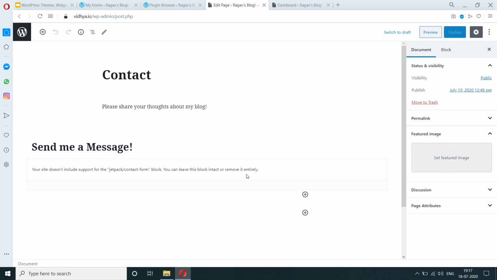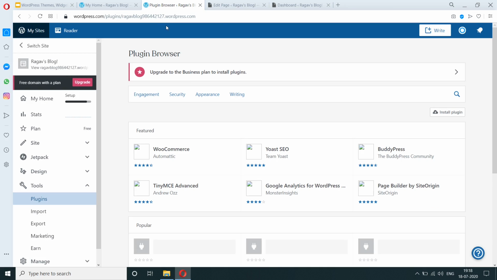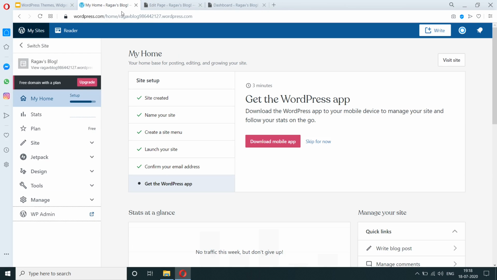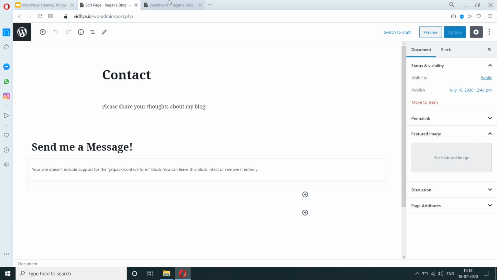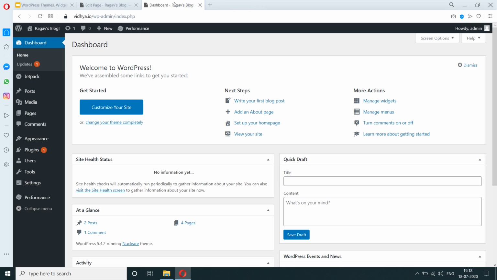So what we can do is, I can actually show you how we can use a plugin to replace this contact form and do it the way we want to do it. So let me show you how to do that. The first thing I'm going to do is go to the dashboard of our full version installation of WordPress. So as you can see here, the way WordPress full version looks is very different from what our free version looked like. Some of the things are different. This is what the dashboard looks like. All of the things that we saw earlier look different here.